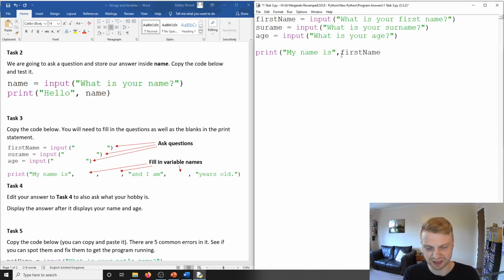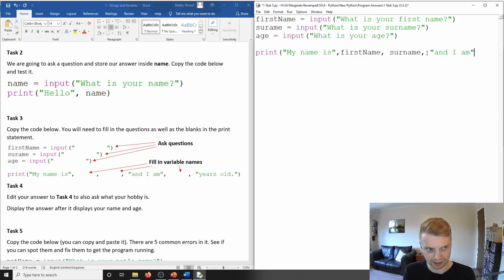The reason we're doing this is because no matter who uses your program, they'll be able to enter their name and it will say my name is, and it will say whatever their name is. If you just wrote my name is and here you wrote Fred, it would just say my name is Fred no matter what. This is actually going to dynamically change depending on what you wrote. So after firstName comes surname, so we just do another comma and we write surname, and then we do another comma. Every time you've got a string or a variable to separate, do a quote. And then we go,